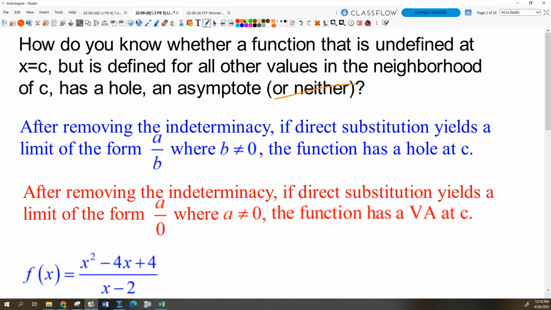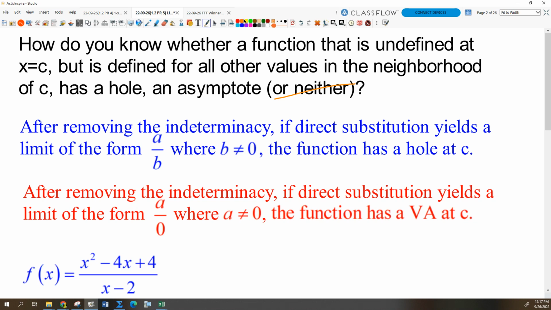What people frequently say is that if the indeterminate form is 0 over 0, it's a hole, and if it's a number over 0, it's a vertical asymptote. Most of the time that's probably true, but not always. If the form is indeterminate, if it's 0 over 0, that does not guarantee that it's a hole. What it says is it's one of the two, and you have to resolve the indeterminacy before you